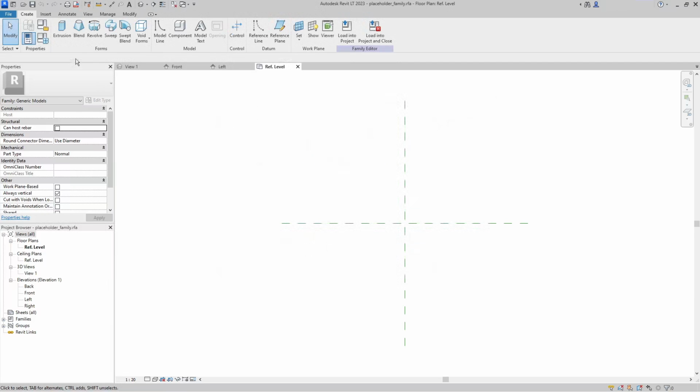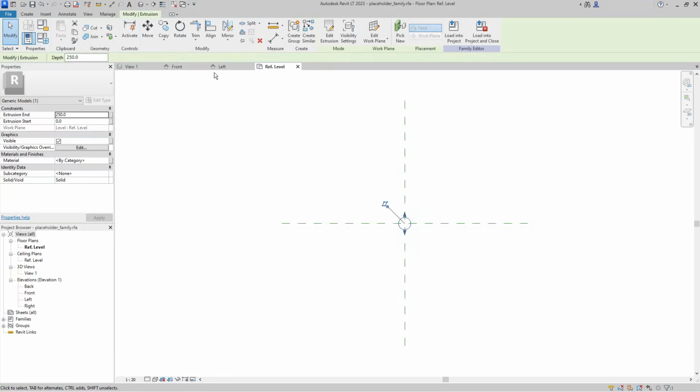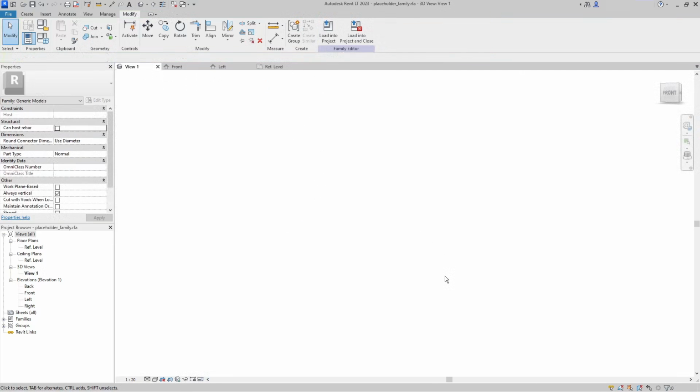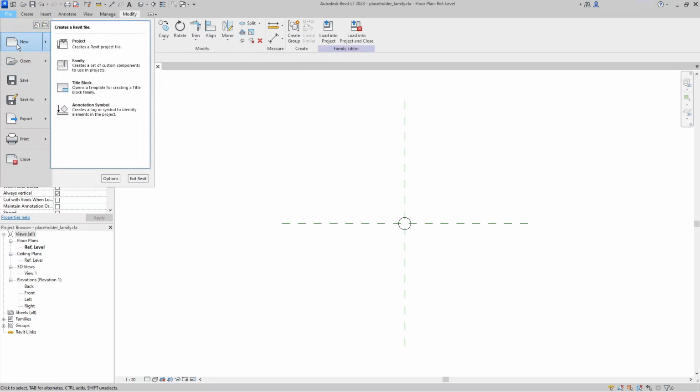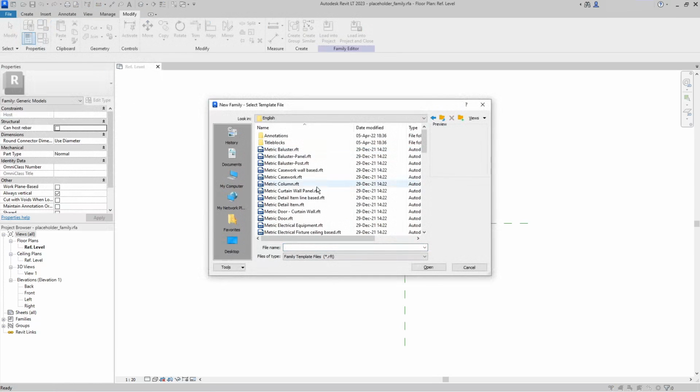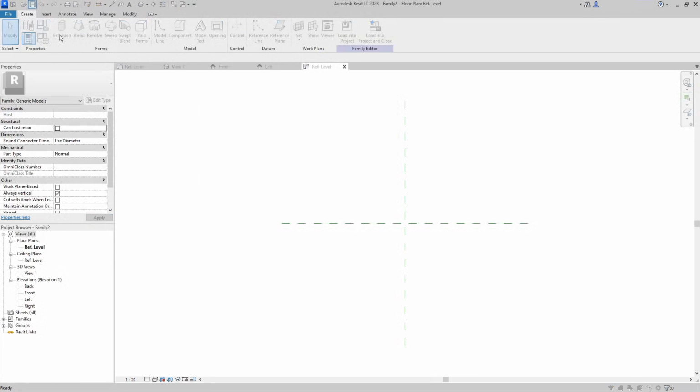Save that, and here I will just create a simple extrusion so I have something to work with. Let's make it this big. So yeah, this is basically our family, just a simple cylinder, and let's save it again. Now let's make another new family. So let's hit new family, and it will be again the generic model, and again let's save it at first